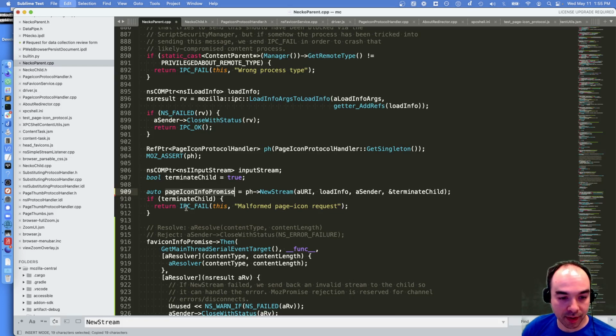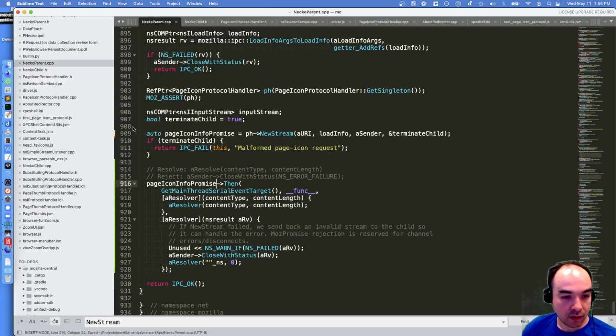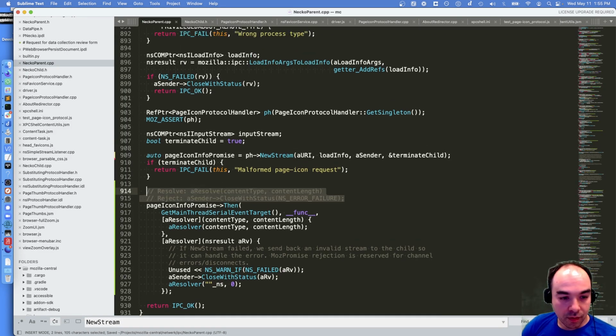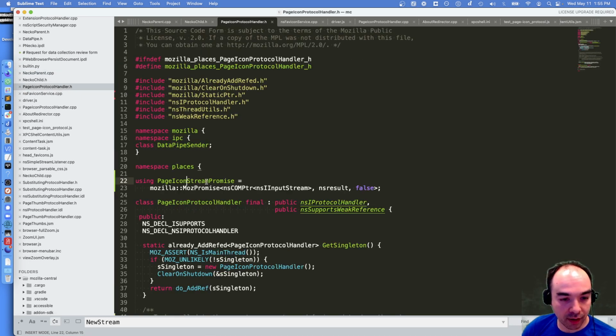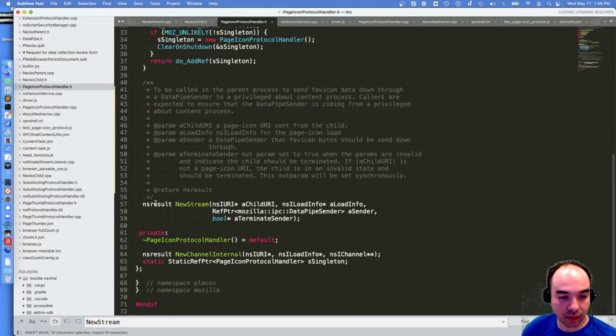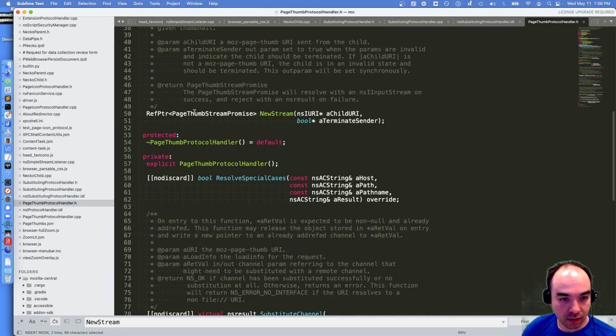Page icon info promise. We don't need this anymore. And that page icon info promise doesn't get a stream, it gets back an nsCString and an int64_t. And we're going to return a RefPtr, not an nsresult. Return a RefPtr to a page icon info promise. That's how that works down here, right? Yeah.